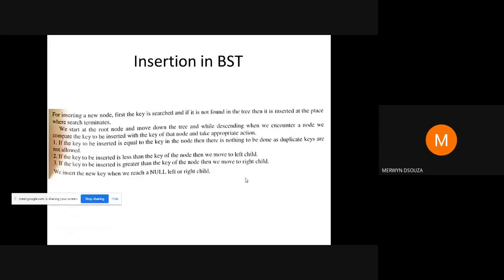Now in these steps they have mentioned that duplicate keys are not allowed. That depends on the programming that you do. So it's not a rule that a binary search tree cannot have duplicate values. You can have duplicate values, but sometimes you can do a programming that you don't want duplicate values because you're already having that value present in the tree. So it's a waste of memory if you store that same value again.